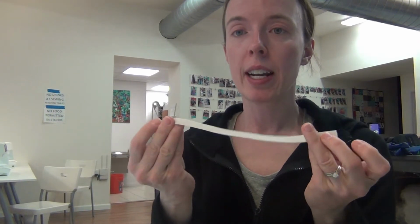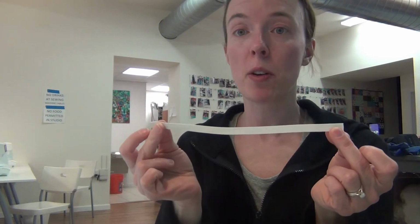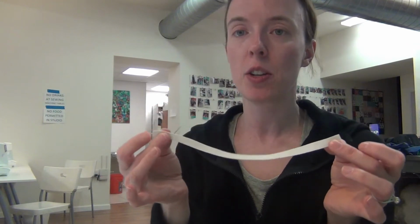So I went ahead and cut a 9-inch length of elastic. After I think you make one, you can determine if you like the final size of it, and you could always adjust this accordingly, but I would start with 9 inches initially. A good size elastic to use is about 1/4 inch. This one's actually 3/8 of an inch. I just had this on hand, but 1/4 inch is what I would prefer,